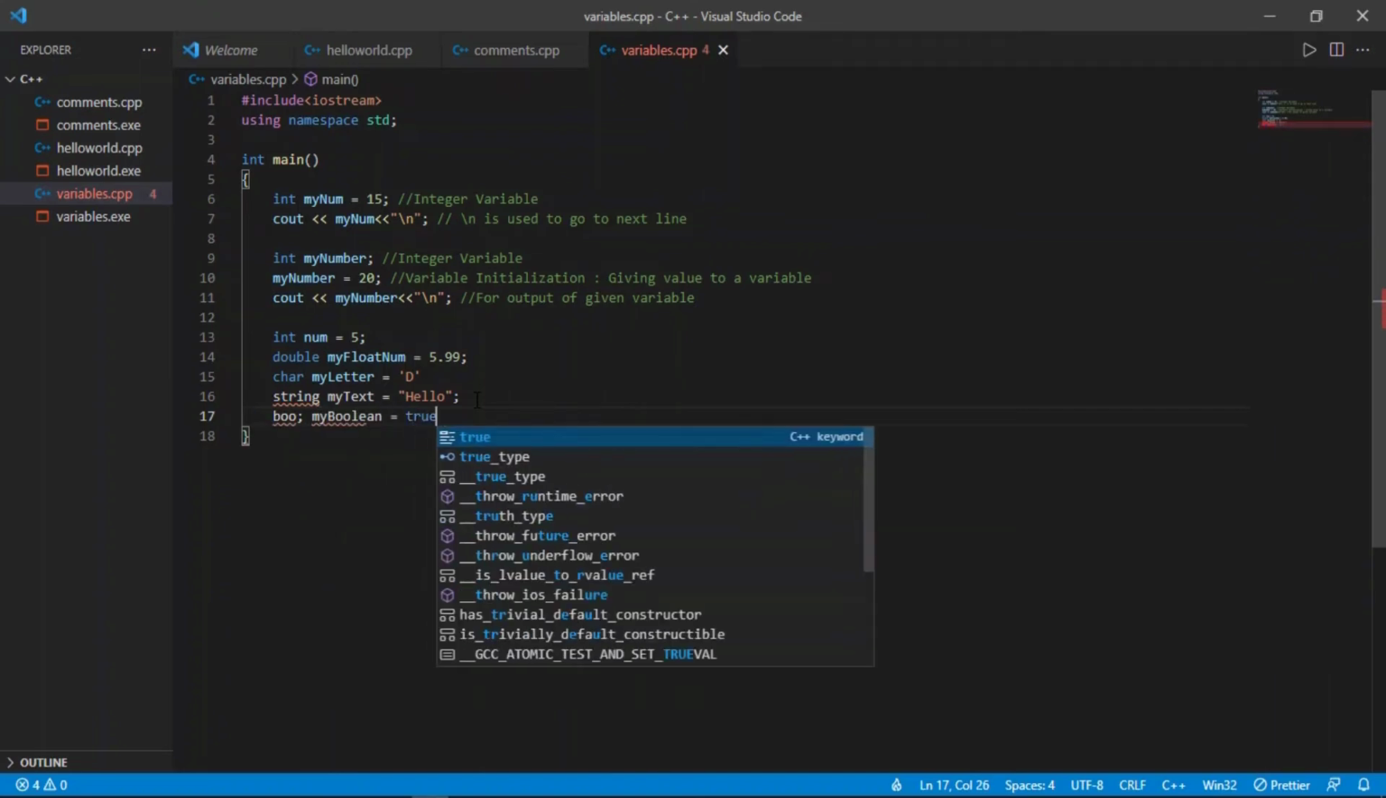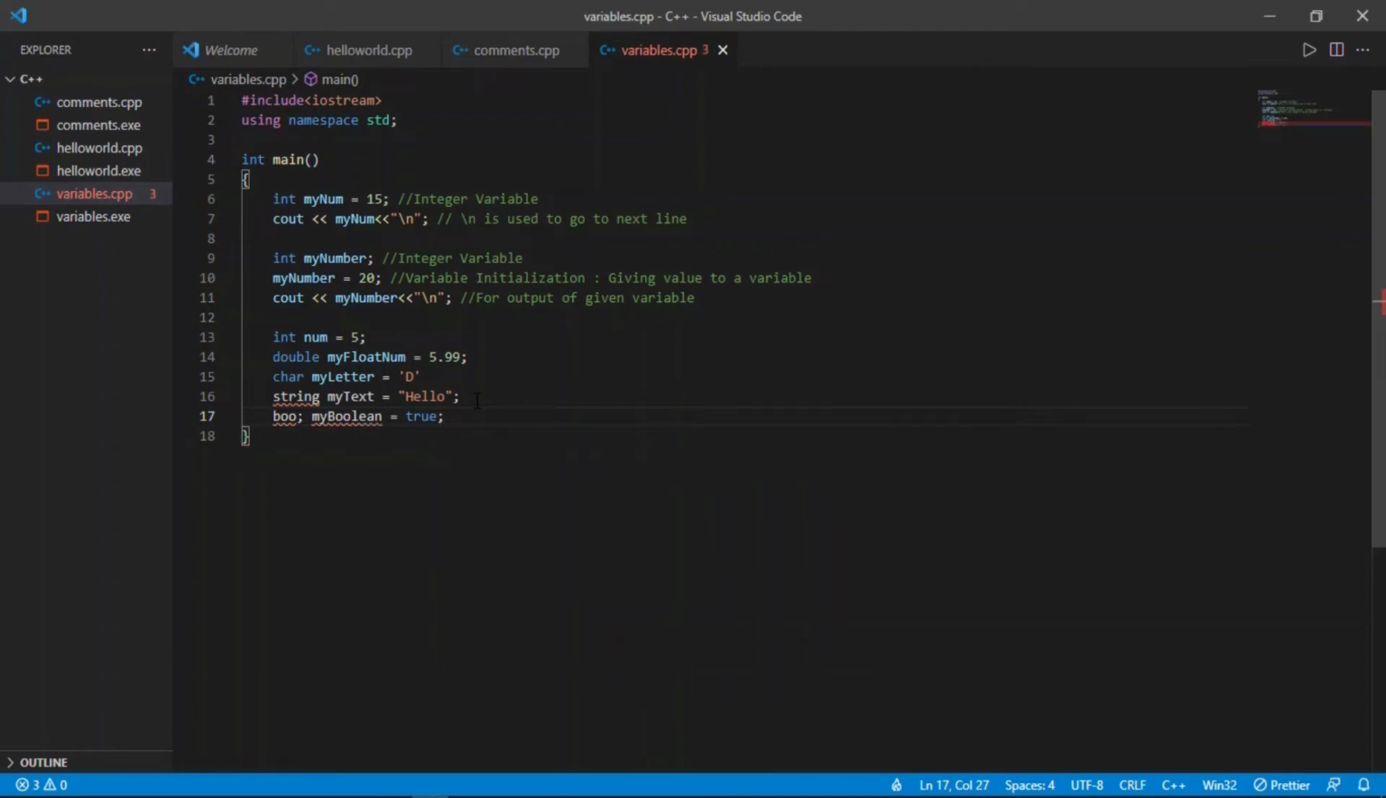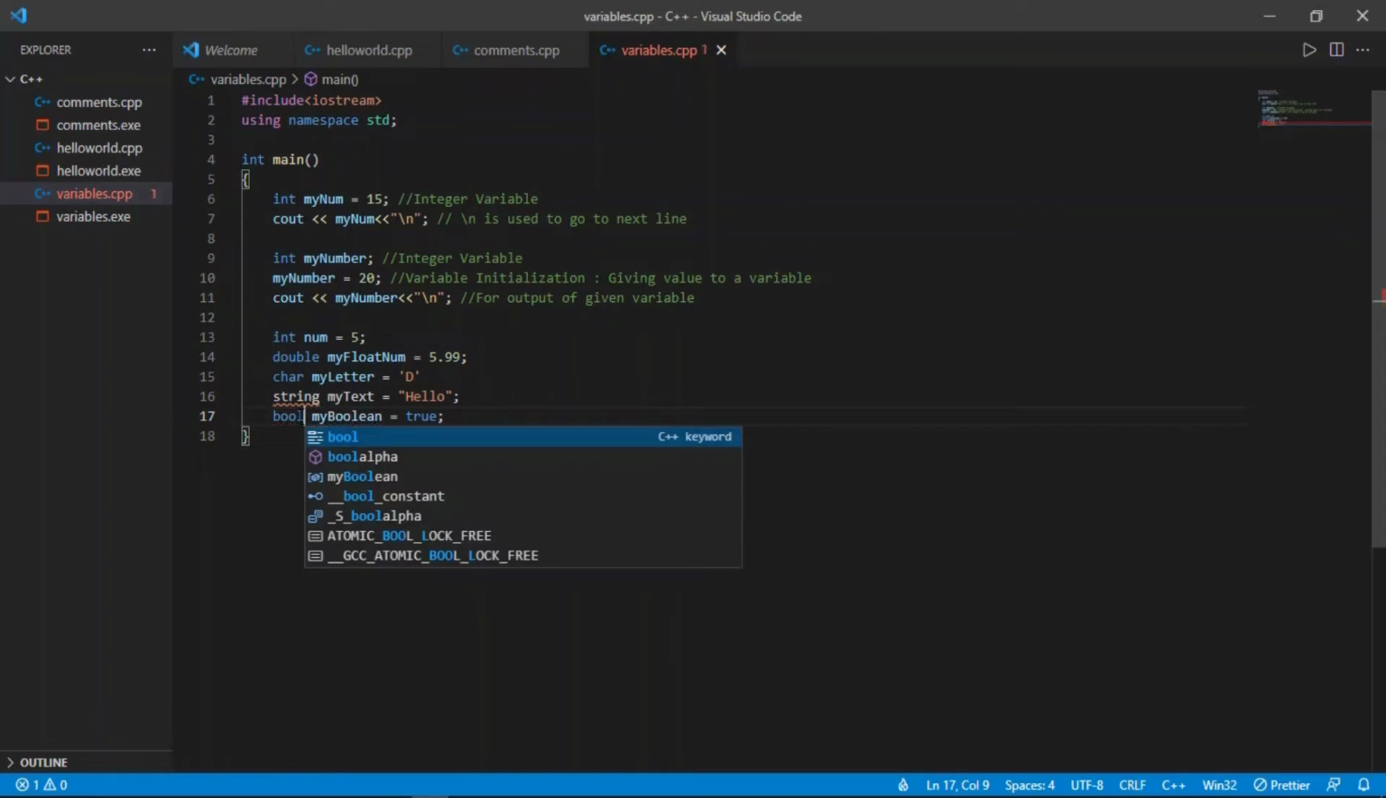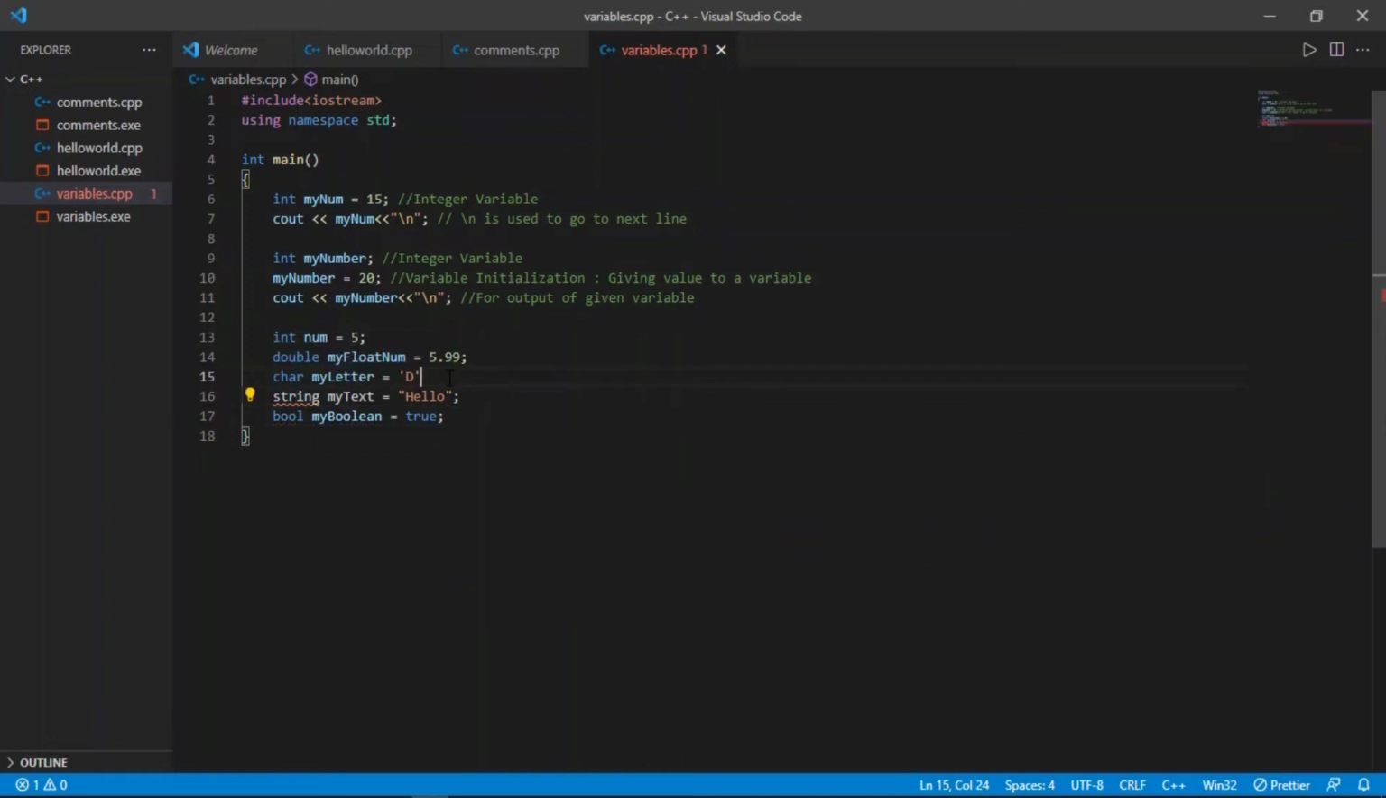I had given value true. You can give true value or false value. Oh, by mistake a semicolon is written. I am correcting it. Here it is showing an error. Oh, I had not used a semicolon. Now I have used the semicolon. Now it is correct. And now we will see that it is an integer